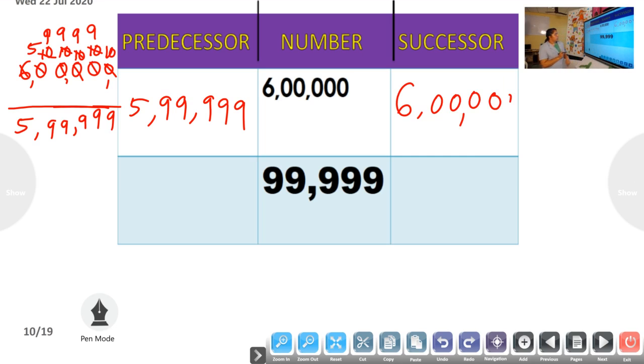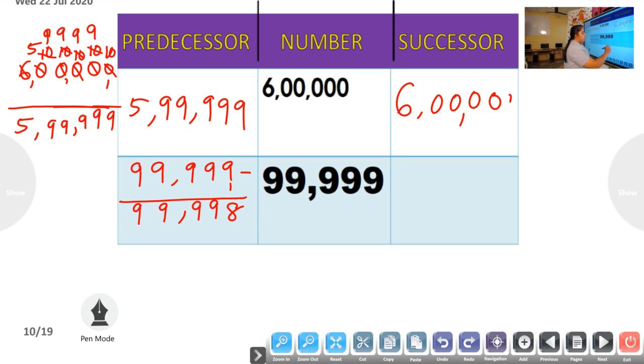Then find out the next. Predecessor of 99,999. Yes. How do you find out? You have to add. No, you have to subtract. Isn't it? Yes. So predecessor means you have to subtract 1 from the given number. So how much are you getting there? 9 minus 1. Yes, 9 minus 1. 9 just backward is 8. Good. Bring down the 9s. So 99,998. Is it clear? Successor means given number plus 1.